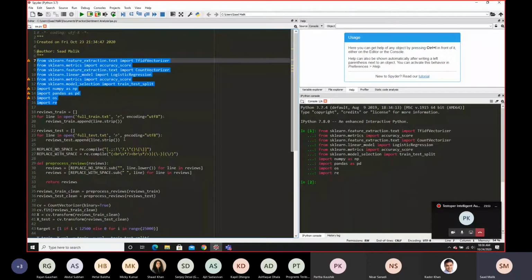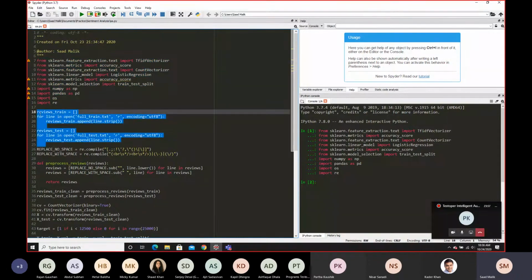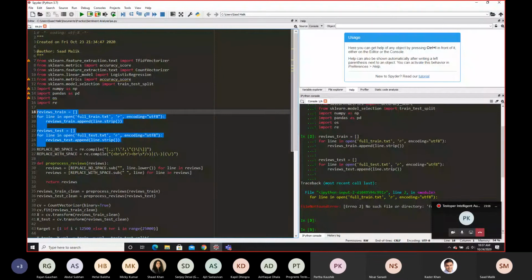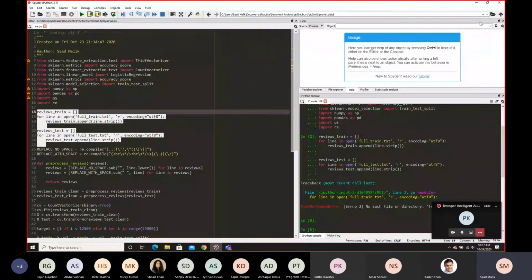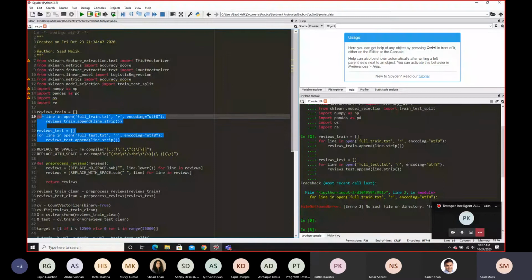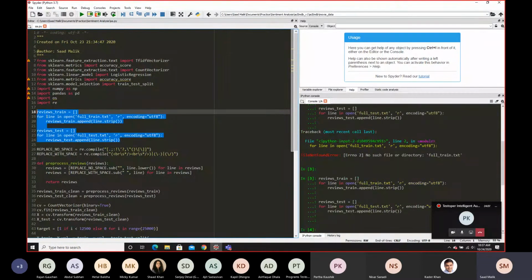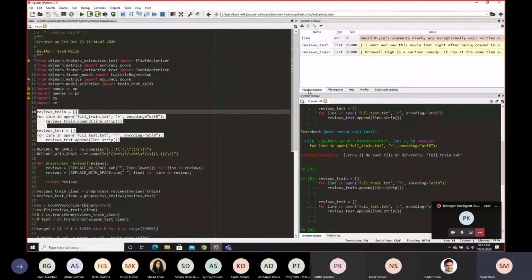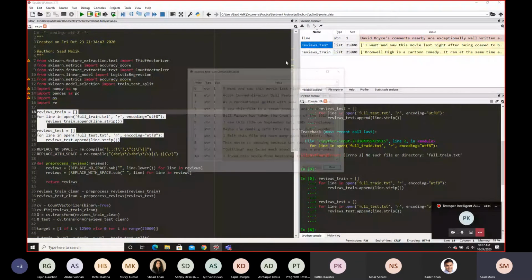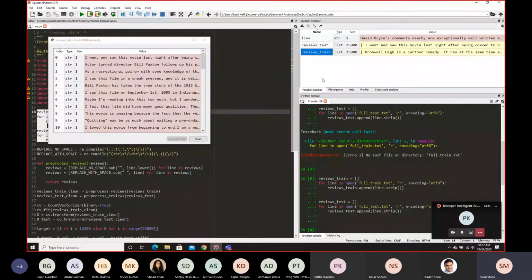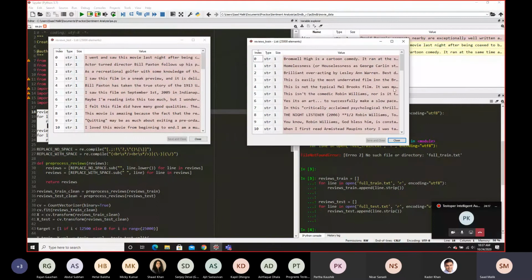So while you do that, let me just go over what the data set looks like. So we have two data sets here. One is our testing data set and one is our training data set.